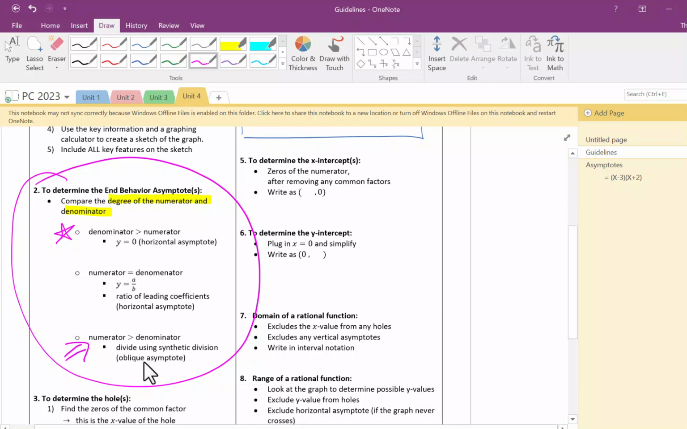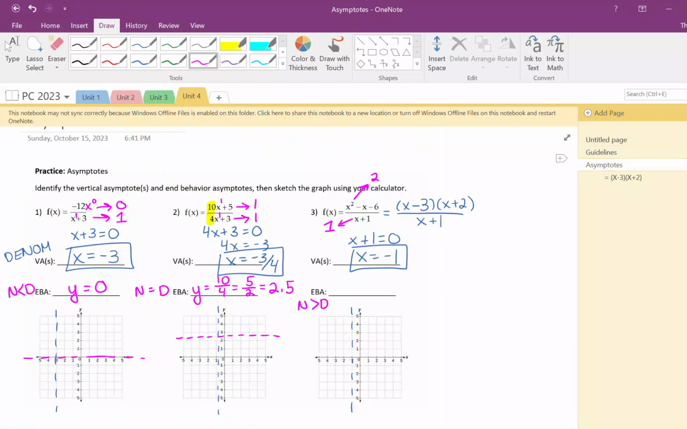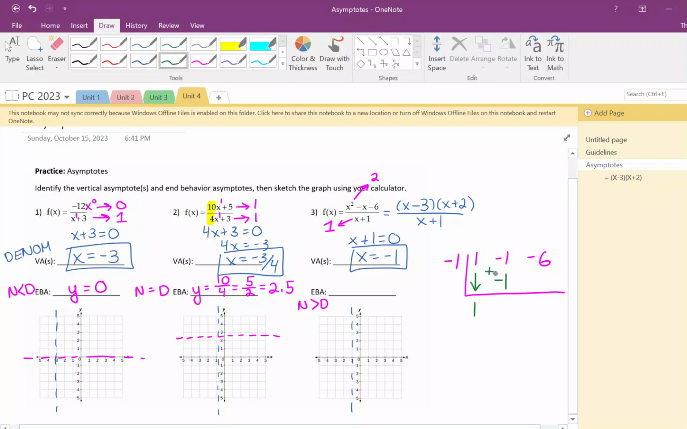And the way that we're going to find that is we are going to divide using synthetic division. So we're literally going to take this division problem, right? This is x squared minus x minus 6 divided by x plus 1. And just like we did in our last unit, we're going to take the coefficients of the numerator. So 1x squared minus 1x minus 6. And we're going to divide it by the 0 of the denominator, meaning the vertical asymptote, meaning that x equals -1. And we're going to go ahead and go through synthetic division, drop down the 1, multiply, add, multiply, add,